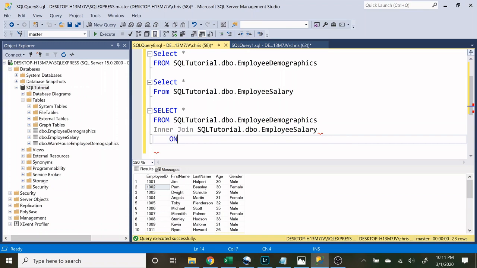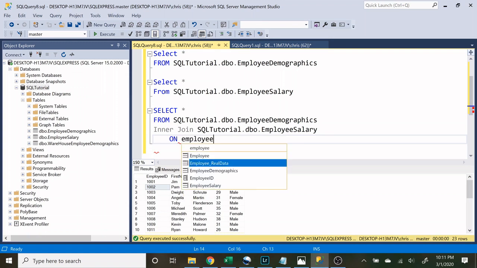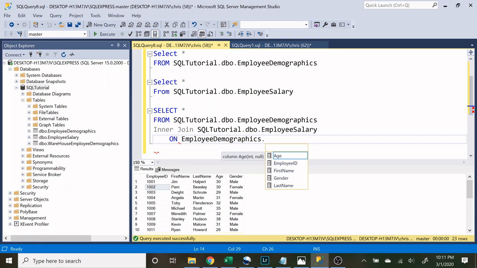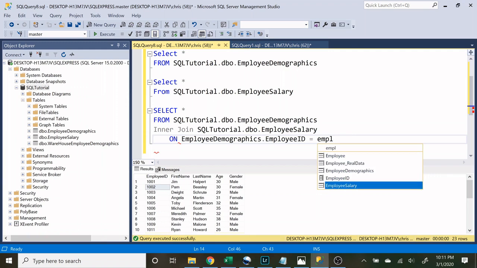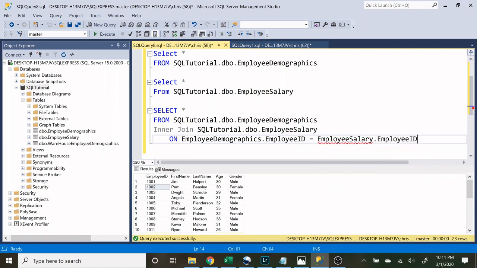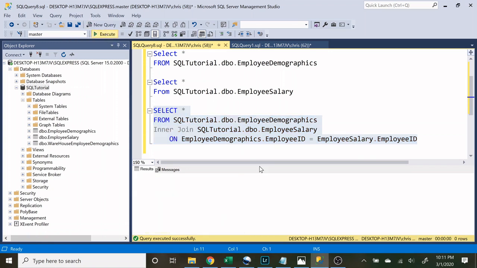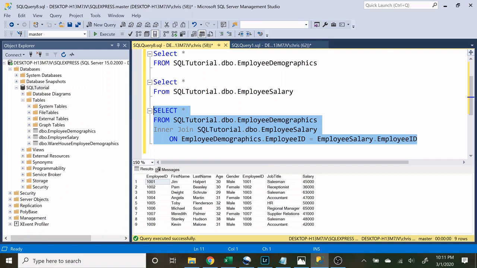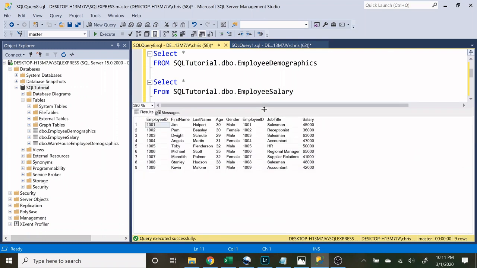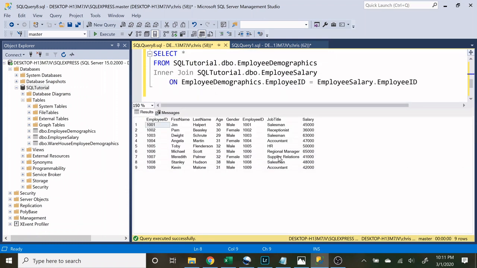So for that, we have to say on, and then we're going to say employee demographics dot employee ID is equal to employee salary dot employee ID. So let's run this real quick and take a look at the output. What we are looking at is actually both tables combined. We have the employee ID, first name, last name, age, gender, and then here's the salary, employee ID, job title,